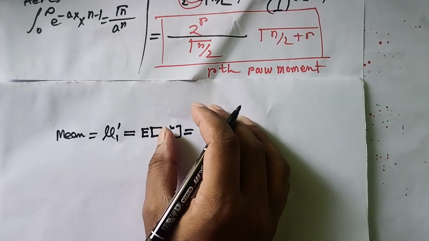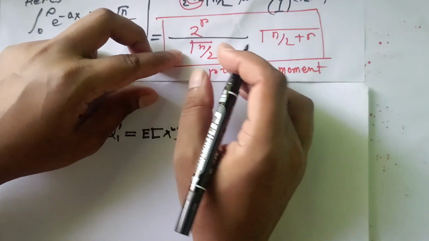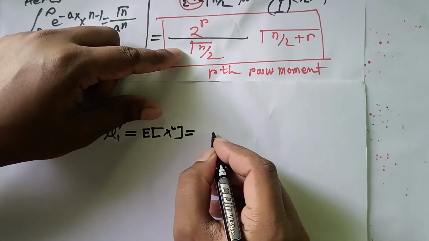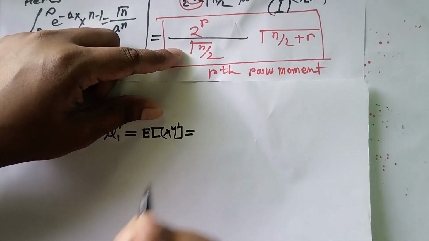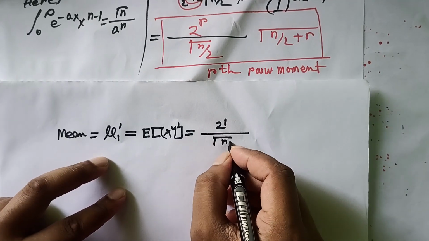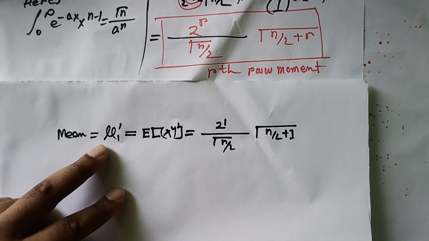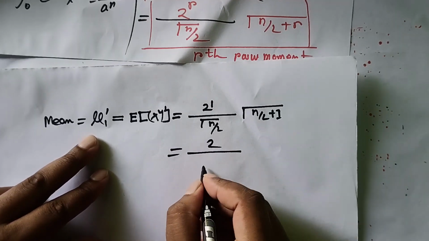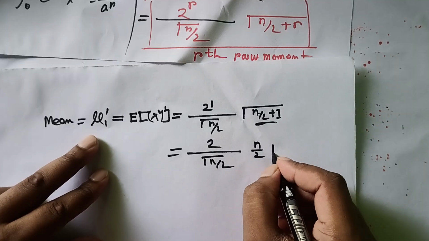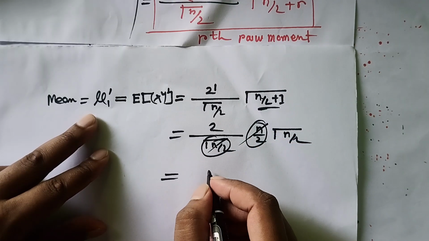You can write it like this, but now for r here it is 1, so you can write 2 to the power 1 gamma n by 2 plus 1. You can write it like this. Now you will have 2 gamma n by 2, and if you extract this one you will find n by 2 gamma n by 2, and this n by 2 will be cancelled, so you will be left with